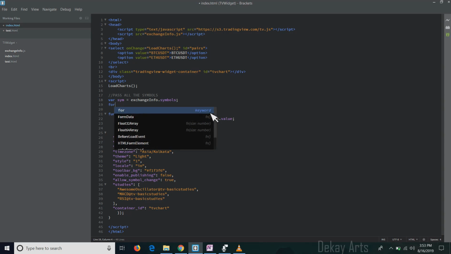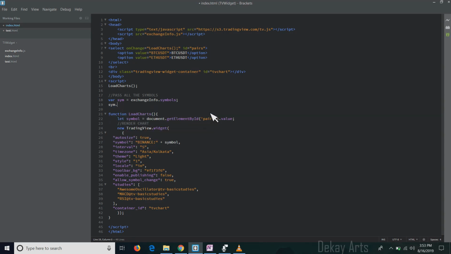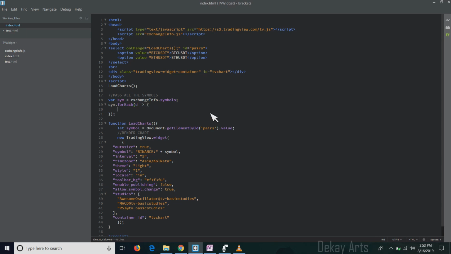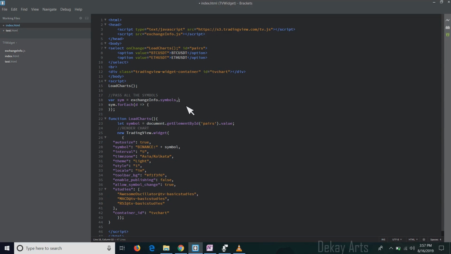Now sim dot forEach. You can use the forEach function to perform some kind of an operation on each field. Okay, so d is each symbol. Then I'm going to create a field called markup, and here we're going to copy all the options.